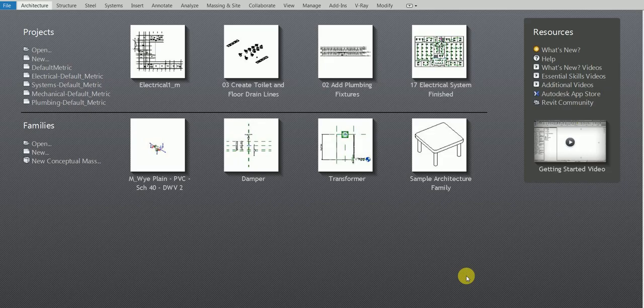First, you are in the recent files. Imagine that you are an electrical engineer, and the architect would send you an architectural file. So let's assume I'm electrical. Click the electrical default metric. It's a template which is metric. Click this. If you don't have this option available, click new,